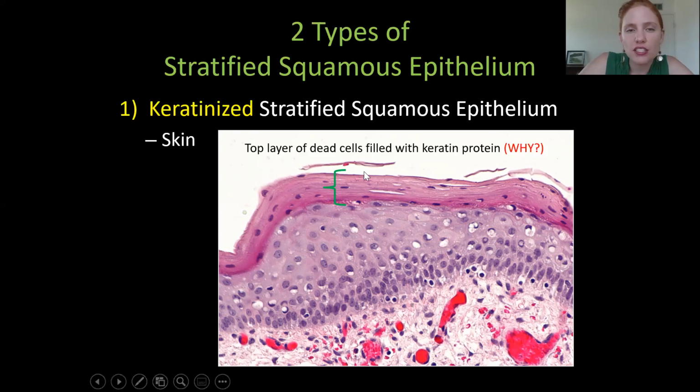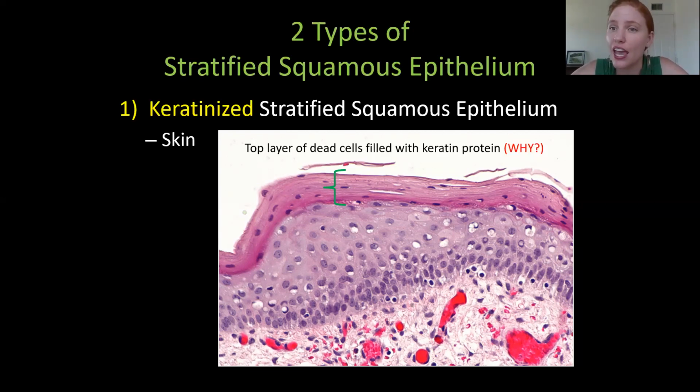And that's because the very top layer here is going to be filled with keratin, which is just a protein. Okay, so the cells are so much filled with keratin that they're not even alive anymore. They're mostly just sacs of keratin at this point. So why would you kill off your cells and fill them with keratin? What possible advantage would you have to making your